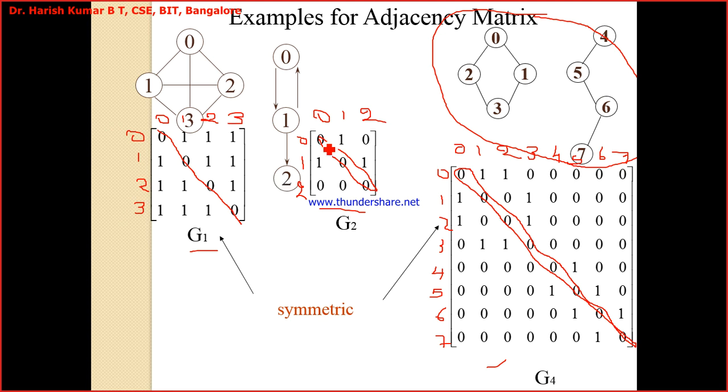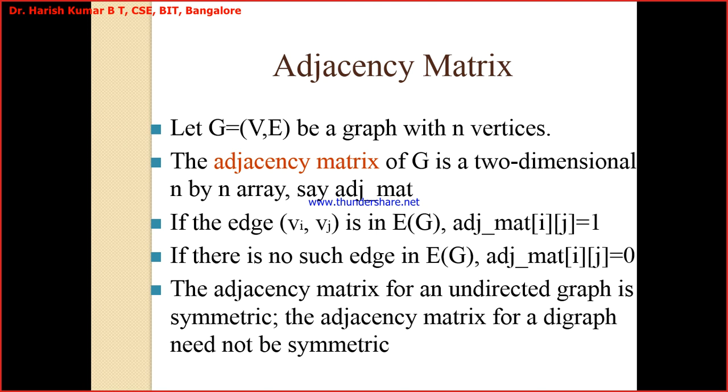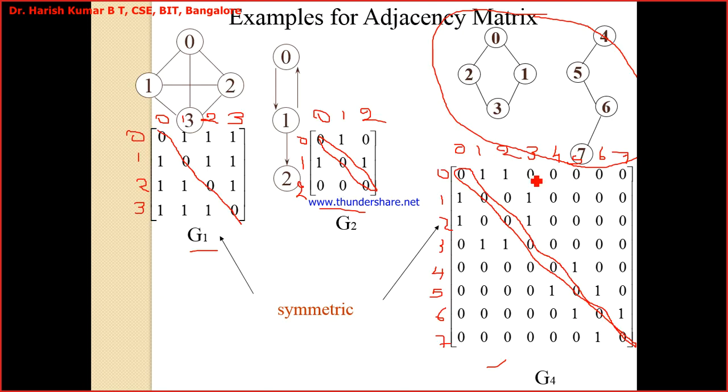And then if you take an undirected graph, the degree is the summation of all the elements in a particular row. Say for example, I take 0, either you can take the summation of a row or a summation of a column, it should be the same since it's a symmetric matrix. That gives the degree of a particular node inside an undirected graph. Now the degree of 0 is 2.